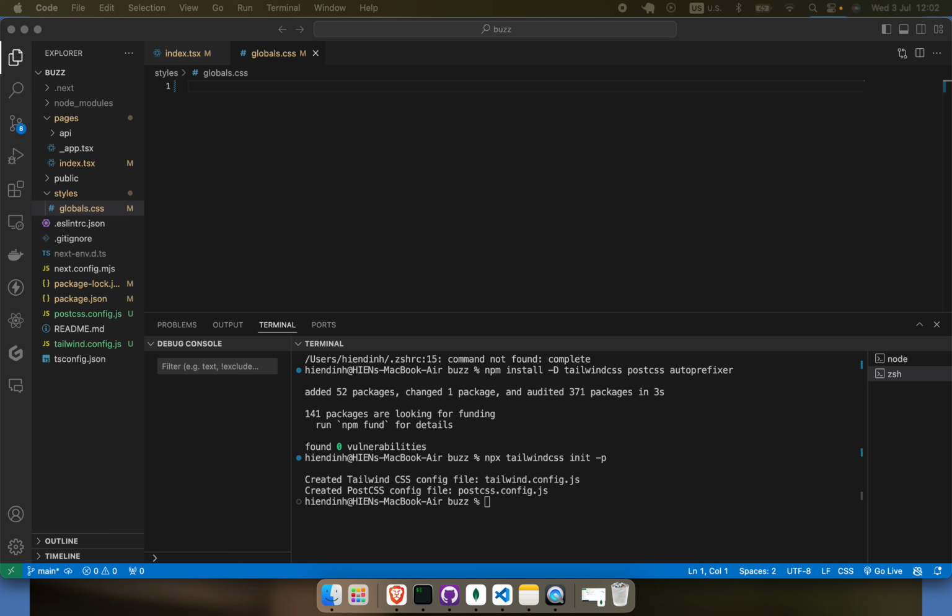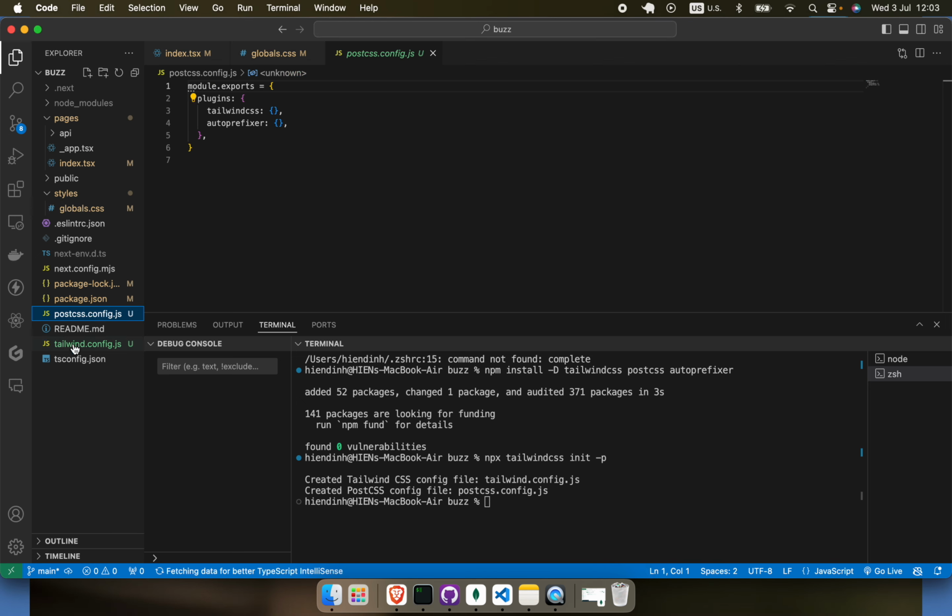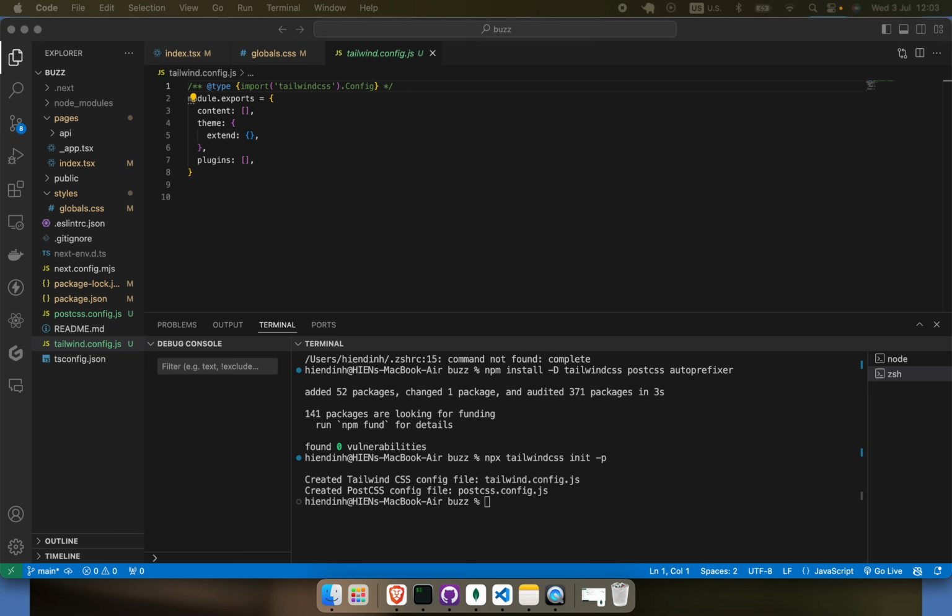You should have two new files in your project, one called postcss.config.js and another one tailwind.config.js. You want to open tailwind.config.js right here and go into your content array. And we're going to paste the following content here, which is